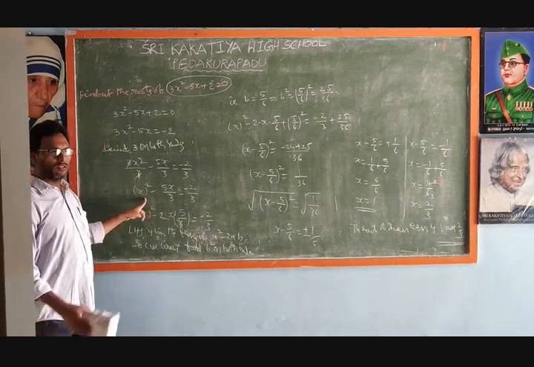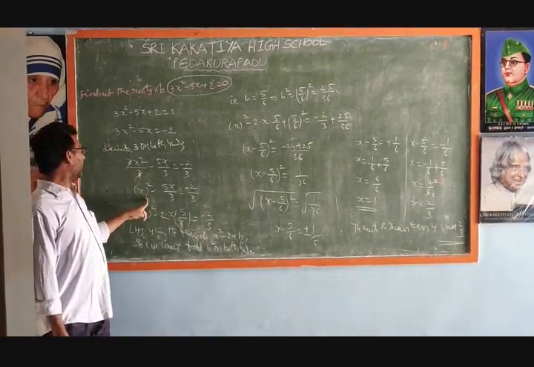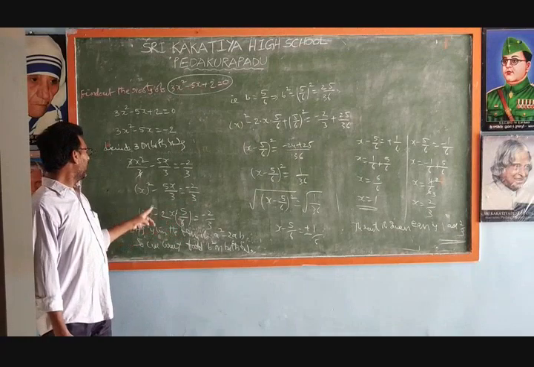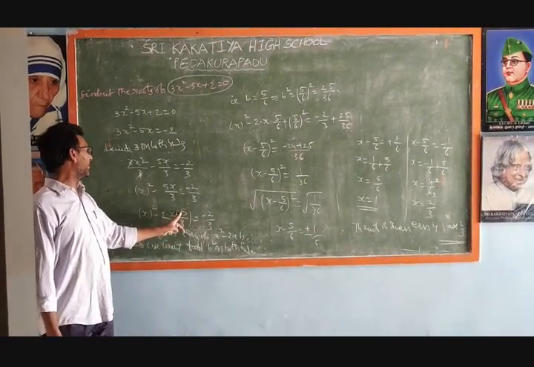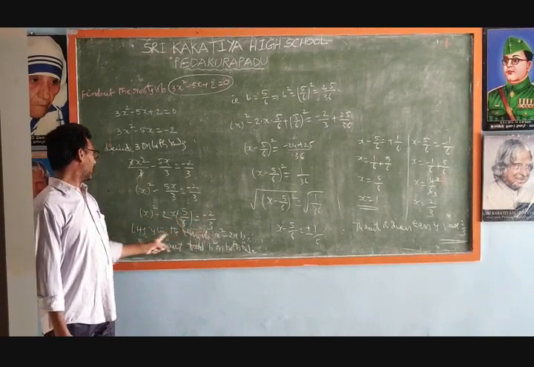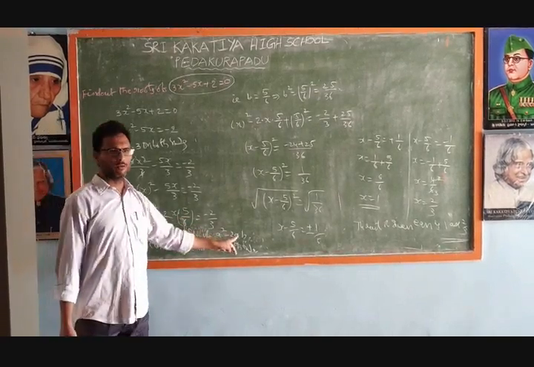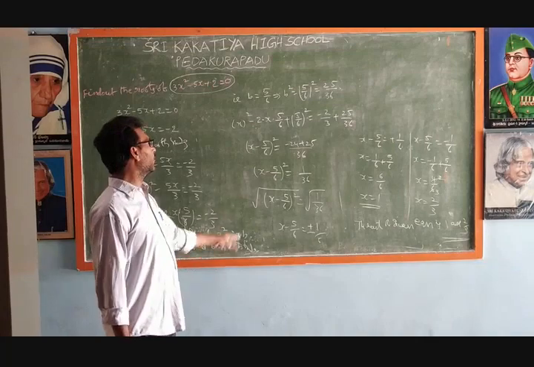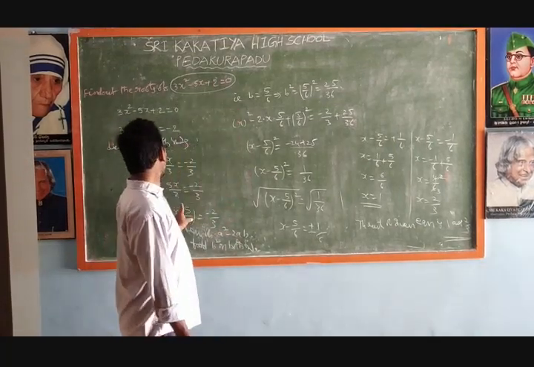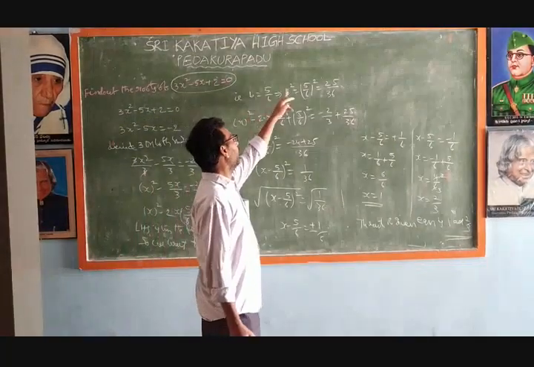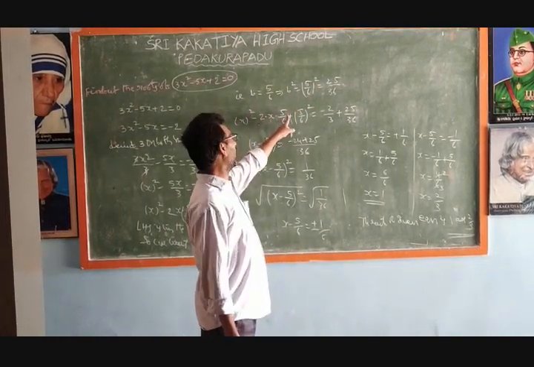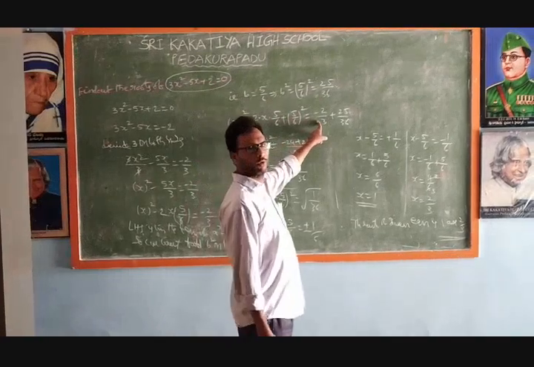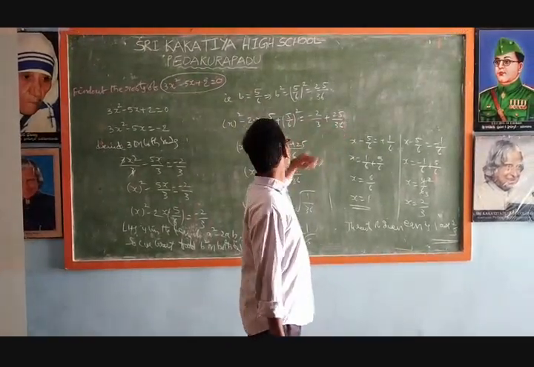Now we want to write the LHS in the form of a² − 2ab. This is x² − 2ab, and b is the most important: 5/6. The RHS is −2/3. The LHS is in the form of a² − 2ab, so we add b² on both sides. What is b? b = 5/6. That's why we add (5/6)² on both sides. x² − 2x·(5/6) + (5/6)² = −2/3 + 25/36.